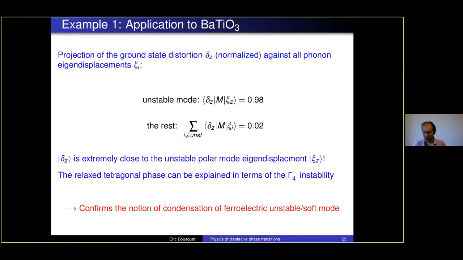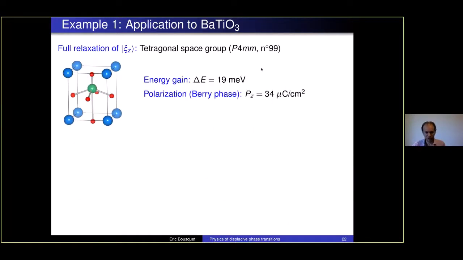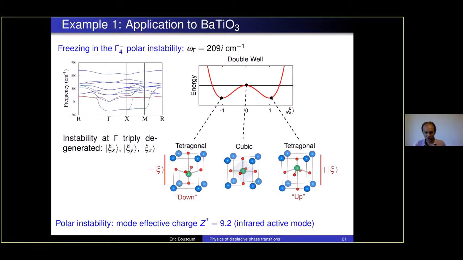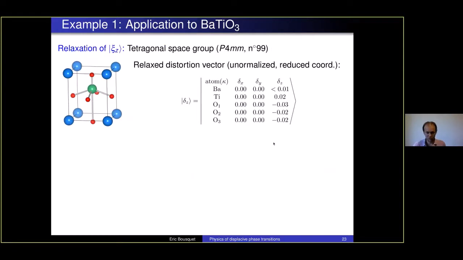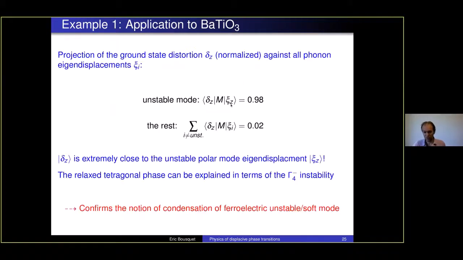So this is perfect. It means that, as I mentioned, you have no guarantee that the eigenvector Xi you have here is going to be the one that we recover at the end, with the pattern of distortion that gave rise to the polarization of your system. And here you prove that actually it is the case. The pattern of distortion that you find in the ferroelectric phase of barium titanate is almost 100% coming from the soft modes initially calculated at the cubic phase.